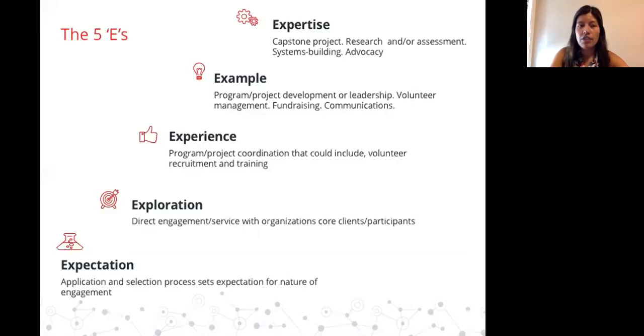So earlier I mentioned the 5 E's, and basically it's what we've been talking about. The 5 E's are expectation, exploration, experience, example, and expertise. And so the idea is that they are exploring by doing direct service in the community, and then they're picking up other coordinator roles or projects or programs that still include them volunteering their time, but they're doing more coordination, and that's the experience